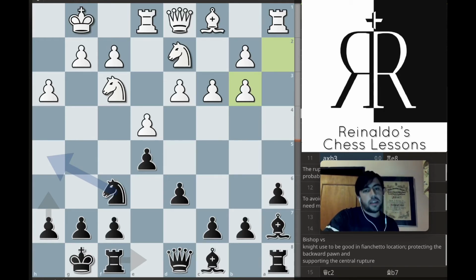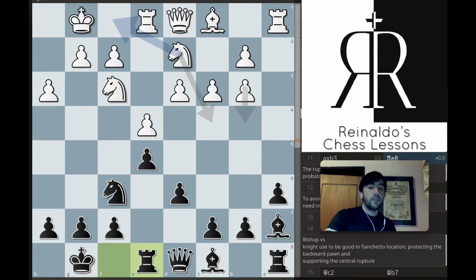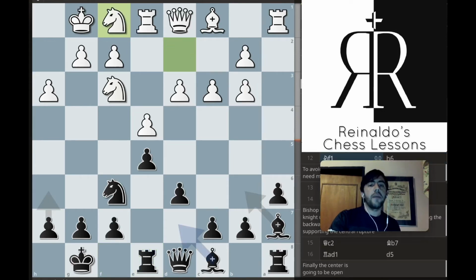Okay, for sure, at the moment that is not possible because the e5 pawn will be under big pressure after the exchange. So I say, okay, let's start to reinforce the central pawn to prepare the rook to run d5 at some moment. My opponent continued with the standard maneuver of the Italian game, so with knight f1, basically liberating the diagonal for